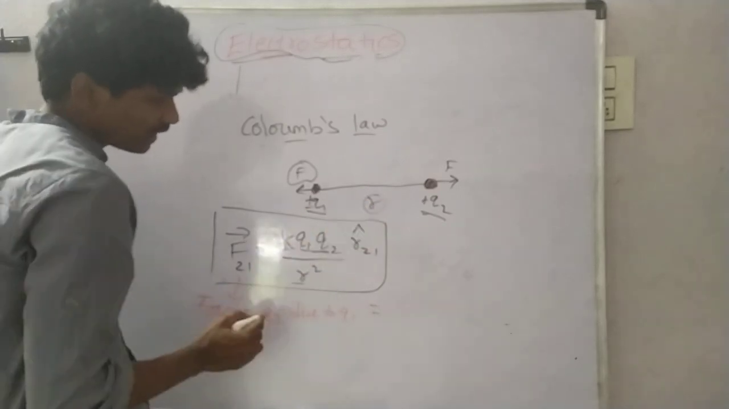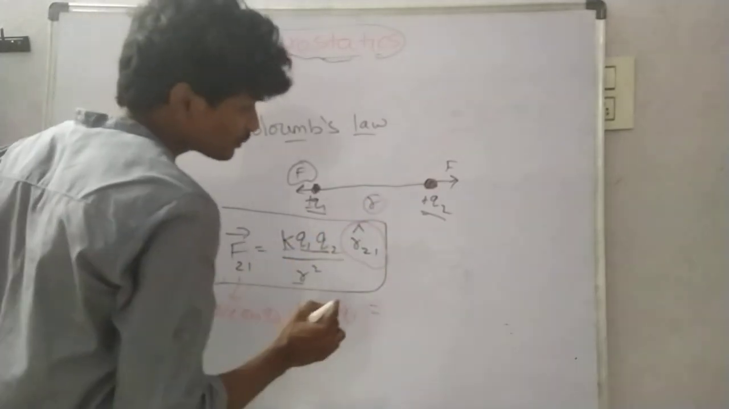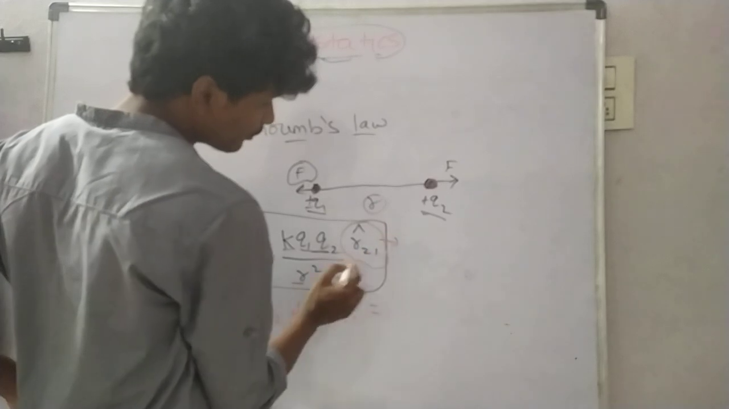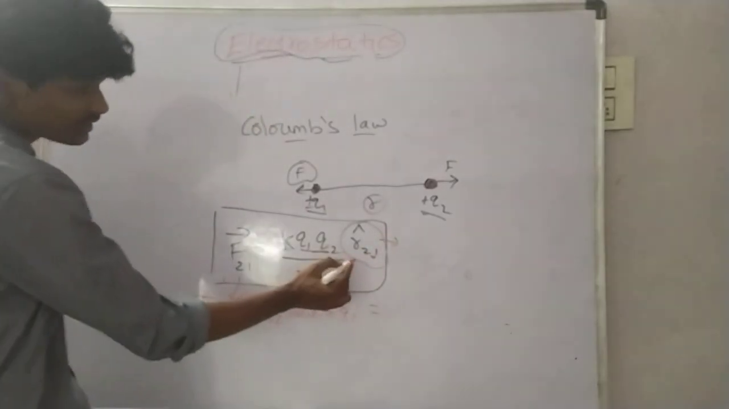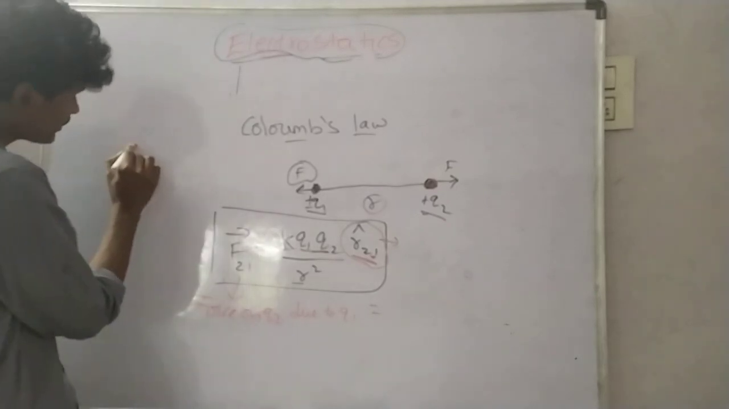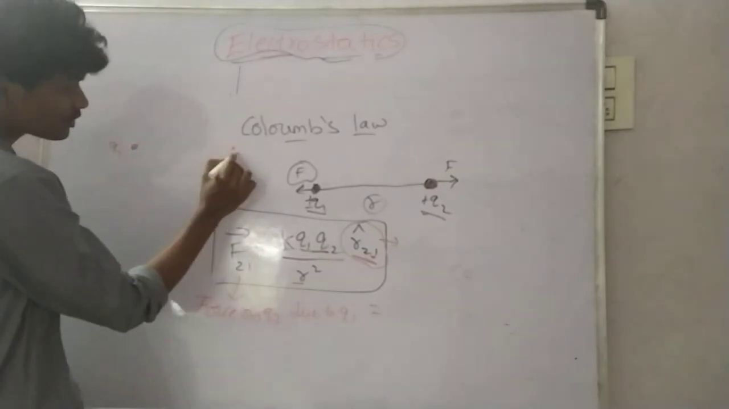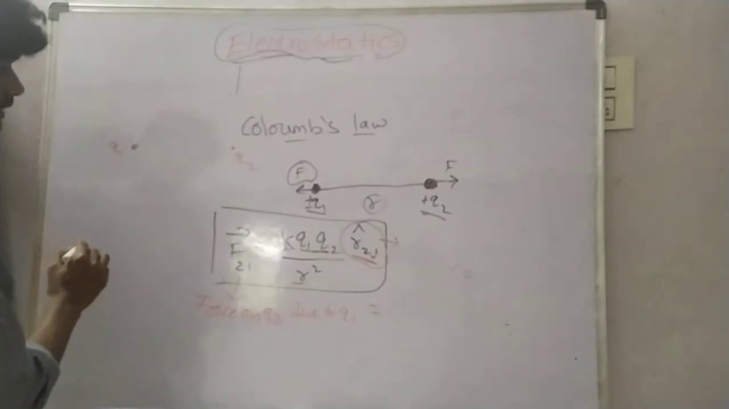R is nothing but distance. And what is R21? This is nothing but the unit vector of the position vector of 2 with respect to 1. So let's try to understand this term thoroughly. If there is charge Q1, if there is charge Q2, so what is R1